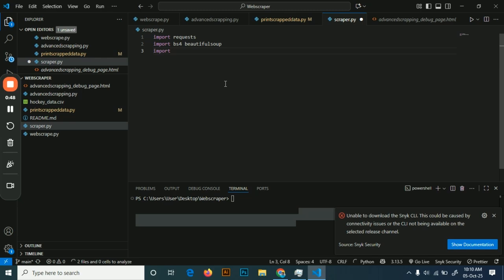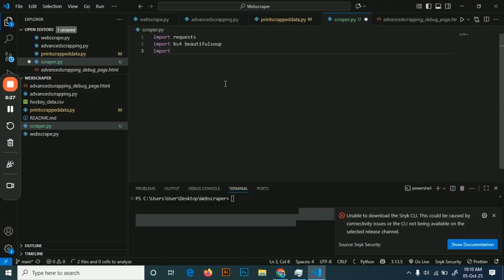So Beautiful Soup is used to navigate through HTML elements and HTML websites. There are multiple elements within a website that include headers, tables, and various classes within an HTML website. So Beautiful Soup helps us navigate and extract data from different elements of websites. So I'm also going to need pandas. So I'm going to import the pandas library as pd,